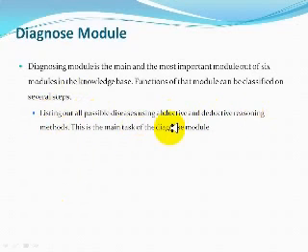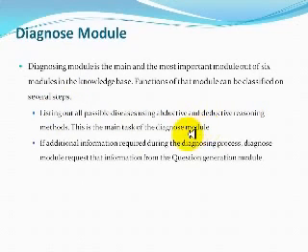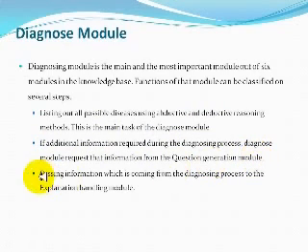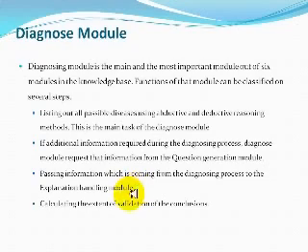Listing out all the possible diseases using abductive and deductive reasoning methods. This is the main task of the diagnose module. If additional information is required during the diagnosing process, the diagnose module requests that information from the question generation module. The next important thing is that it passes information coming from the diagnosing process to the explanation handling module. Finally, the diagnosing module is responsible for calculating